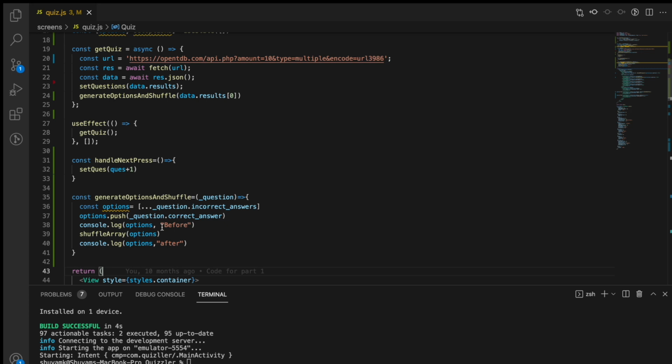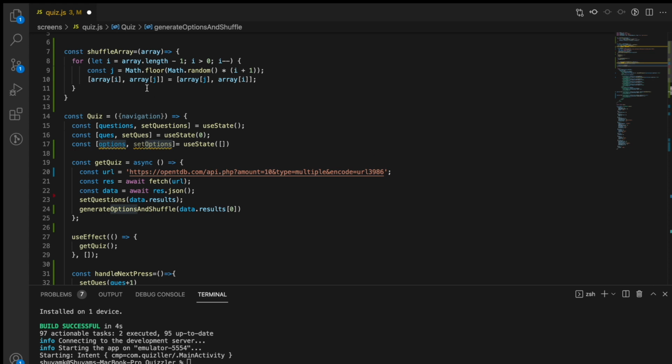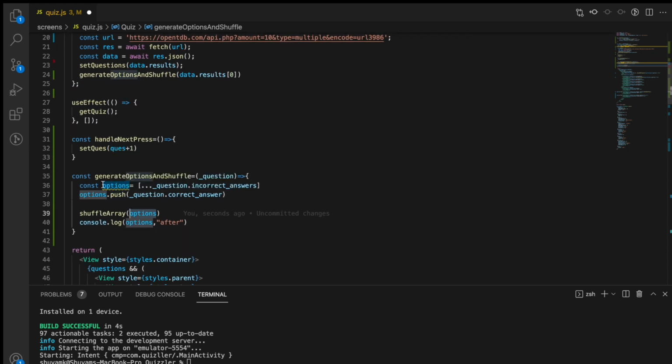So this is one of the core concepts of JavaScript, in which any value which is not a primitive data type, you just read more about primitive data types, is passed by reference. So here we are passing this array by reference of options. Any changes that we make here will directly alter our array. So directly changes will be applied to this variable, this array. Therefore we don't have to return anything, we don't have to assign it to anything, and we can just